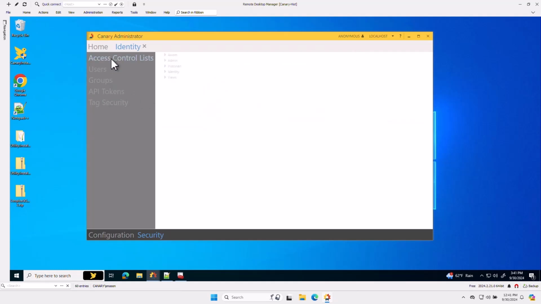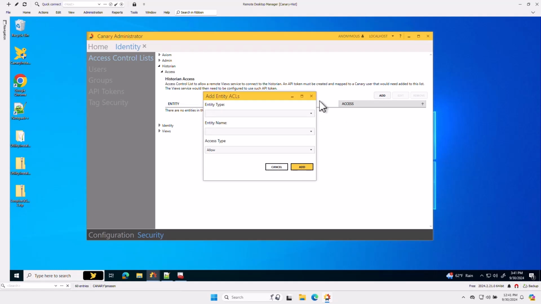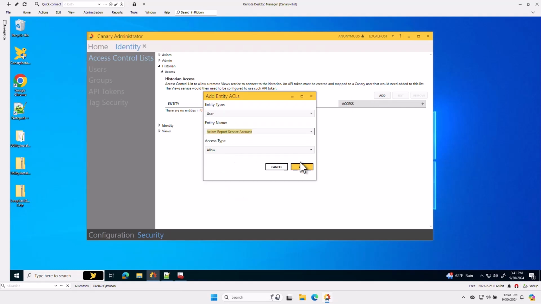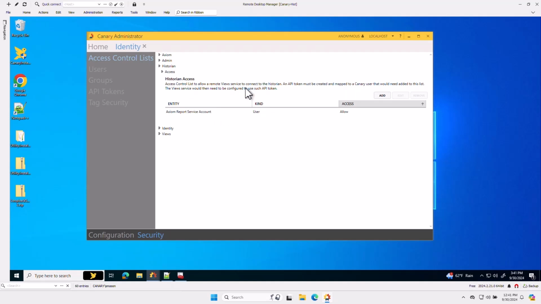to an access control list. So if I go up to there, we're going to expand the historian. This is what's actually going to give the view service permission to connect to the historian here. So I'm going to click add this user, and we'll look for that service account, set it to allow, hit apply. All right, now I'm going to jump back